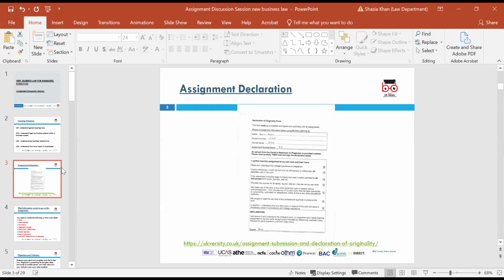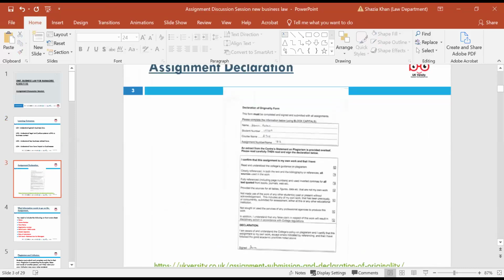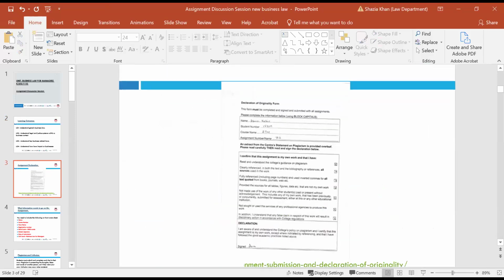Now we're just going through the assignment plenary, so you know what you have to do. You have to do an assignment declaration, and that assignment declaration declares that your work is your own work and that you've not copied it, and it's not a form of AI, okay? Because it's really important that you have to sign this declaration, and I've just increased the size of it